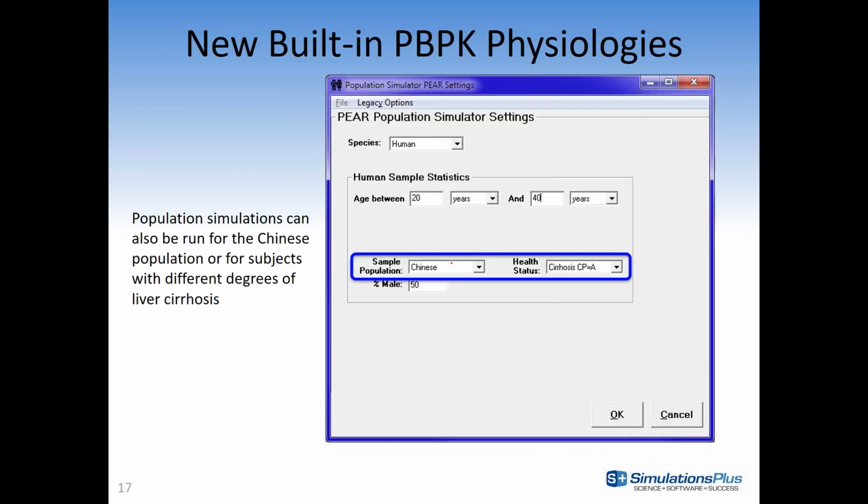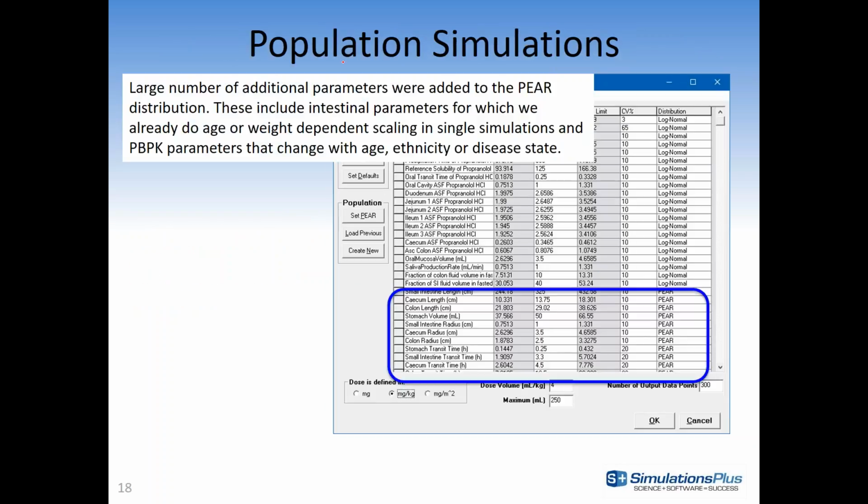And of course, these new developments are also linked to the population simulations. So when running population simulations, you will be able to do the simulations also for Chinese subjects, as well as for subjects with different degrees of hepatic impairment. And continuing on the development in the population simulations, we have expanded the links to the